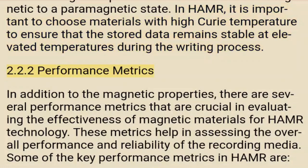2.2.2 Performance metrics. In addition to the magnetic properties, there are several performance metrics that are crucial in evaluating the effectiveness of magnetic materials for HAMR technology. These metrics help in assessing the overall performance and reliability of the recording media. Some of the key performance metrics in HAMR are